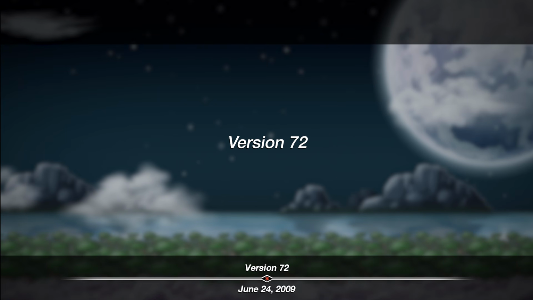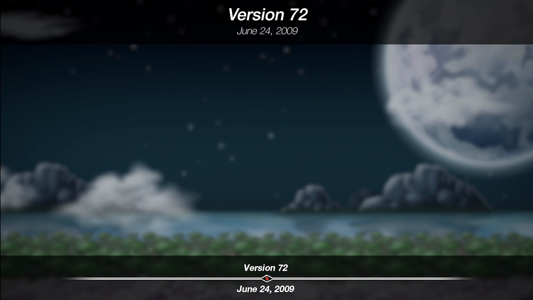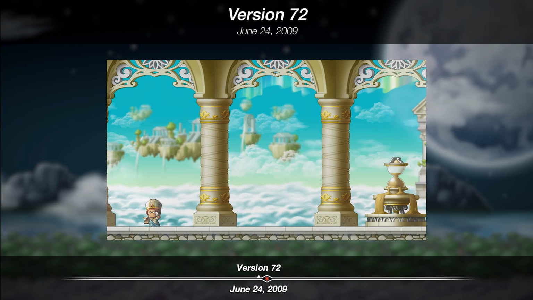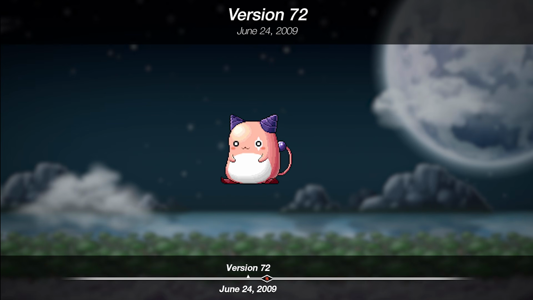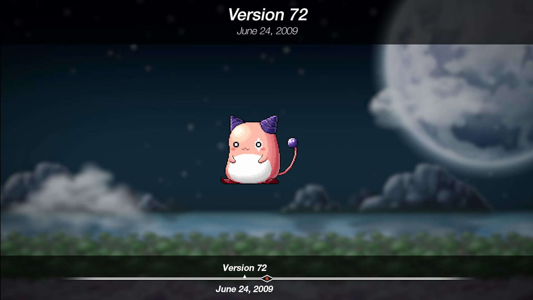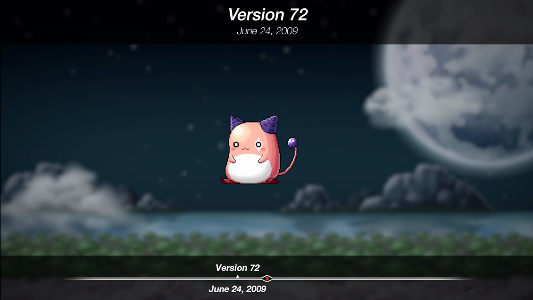Version 72, June 24th, 2009. Here we have another massive update, and this one was hugely impactful to the meta. The Temple of Time was released in its entirety. The original quests to unlock all of the Temple of Time areas and eventually the boss itself, Pink Bean, took a lot longer than it does today due to the requirement of killing 999 of every single monster in the